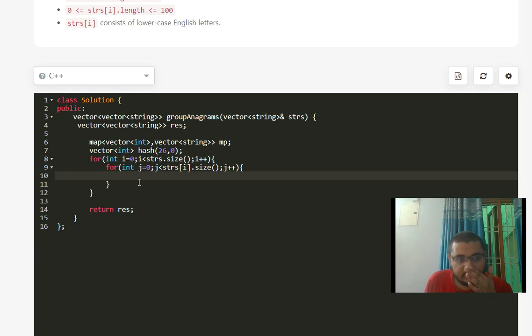What we will do inside this loop is traverse the string and increase the value in the hash table as and when we get the letters. So I'll write the code.